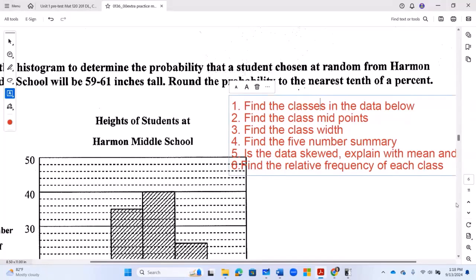So is that clear? We have actually, even if you are given